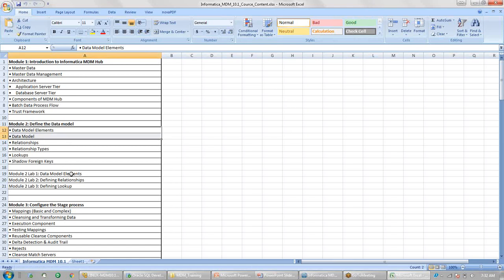This is module 2, and these are the labs which can be done now.